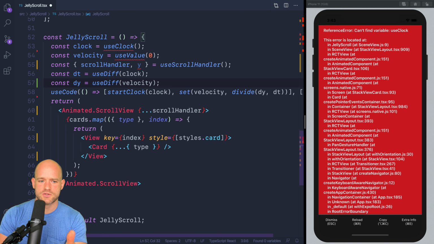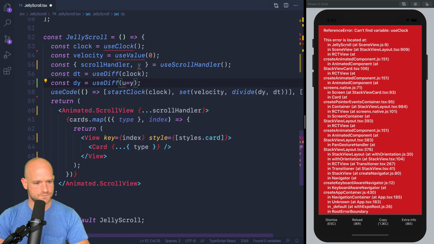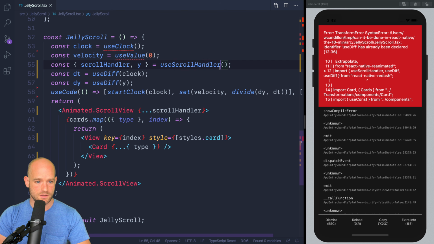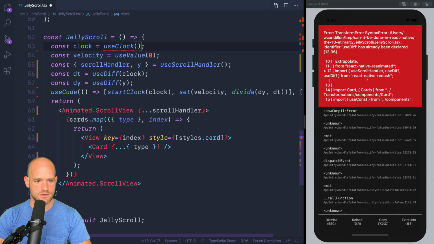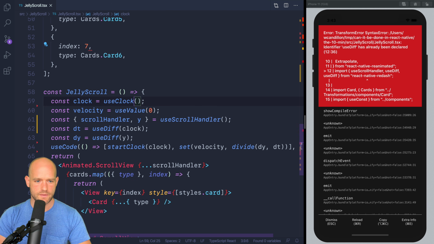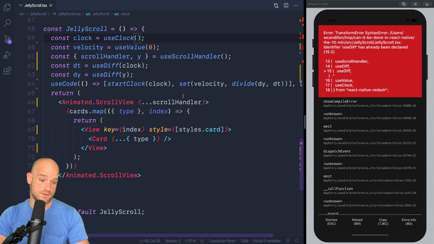But of course, you could also calculate it manually like we did in the Reanimated 2 example. But that should look like what we came up with. So dy of y. And so these guys we get from redash. And again, here, if we want to try if this works,